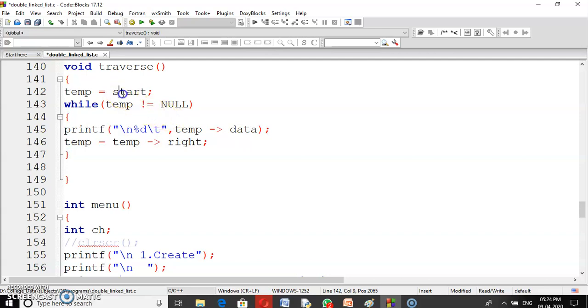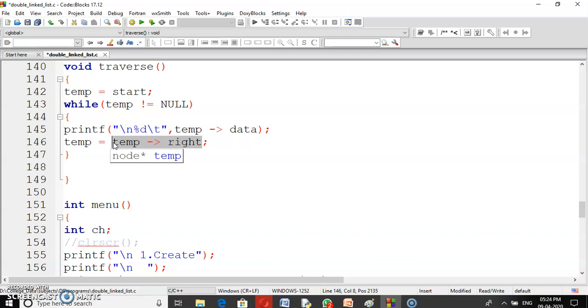So we start from the starting address, the start node address, and we keep moving until temp is not equal to null, displaying the data of the temp node and moving from the current node to the right side. That is, we are moving from the first node to the next node. Like this, it moves from one node to another and displays each and every node's data.